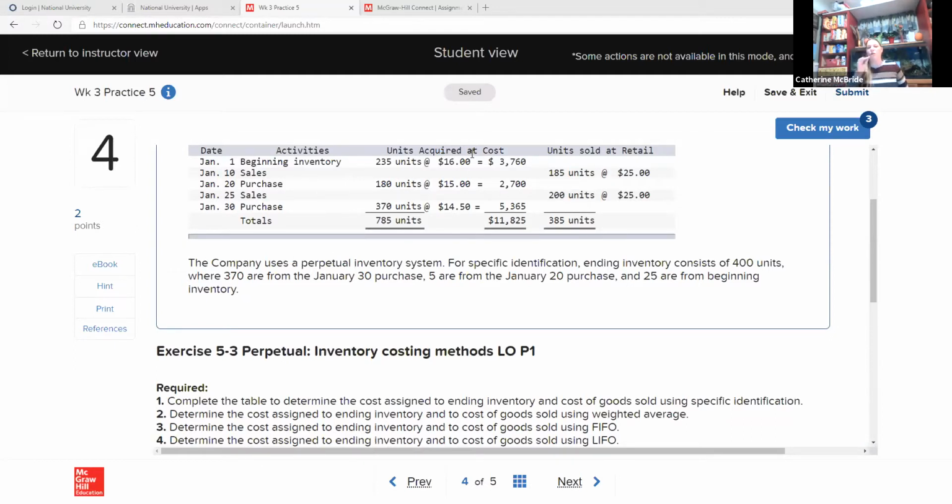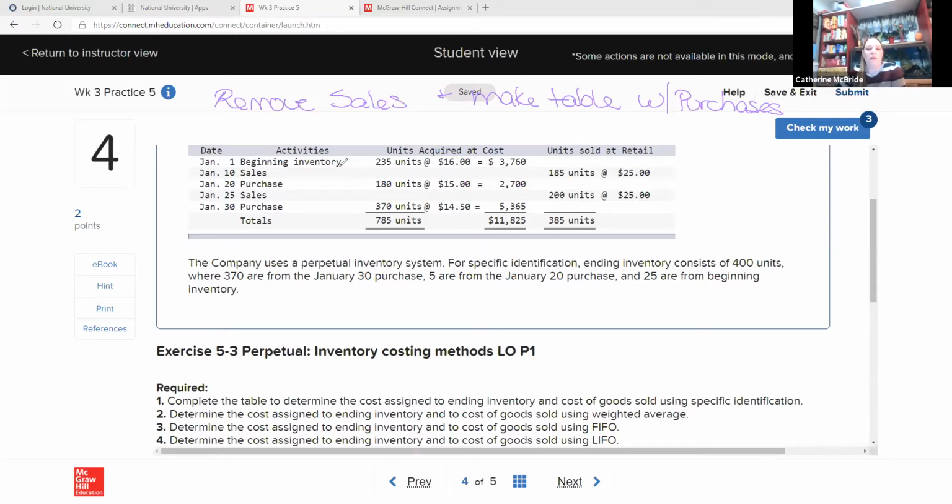If you were doing this on the test, I would say, first, remove sales and make a table without them. You just want your table with purchases, because that's what you're going to need on the test. But I'm going to show you all that. We're going to work through a ton of them on Thursday. So you don't have to know that right now. Here's what we have. We're going to use this data for all three parts of the problem.